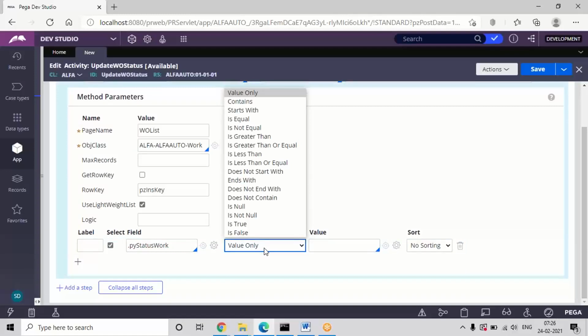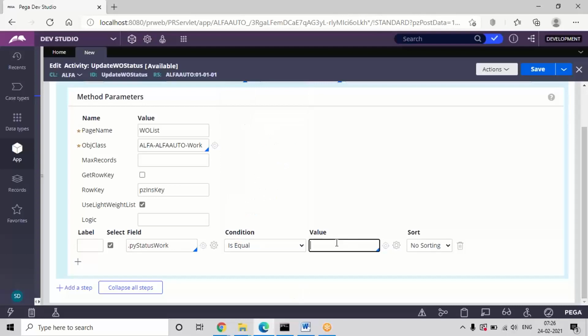Similarly, we can also apply filter conditions in obj browse. So select equal to, but we are not hard coding the value, we are using parameters. So select param.old status. See, old status means the statuses currently in the application, all the statuses it will fetch. All the records associated with this property in the backend are going to be fetched if you define this parameter.